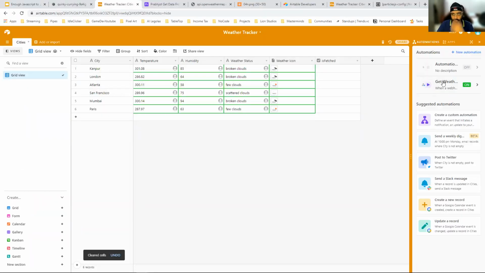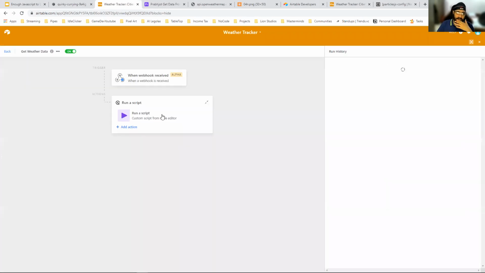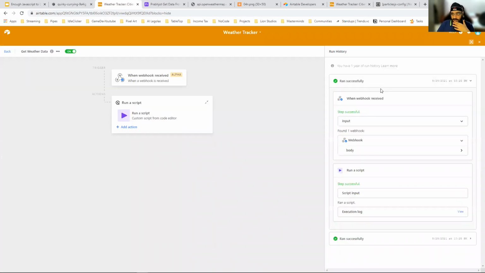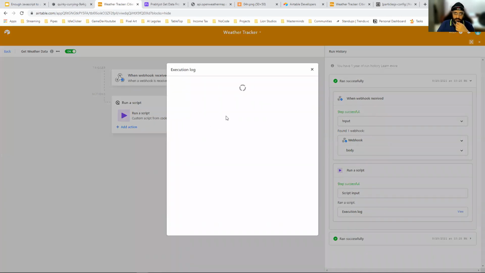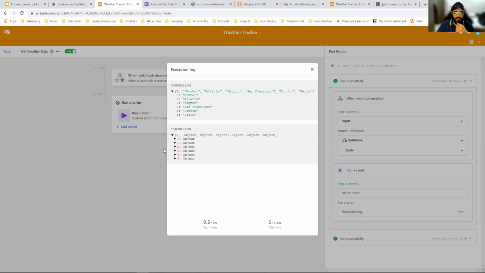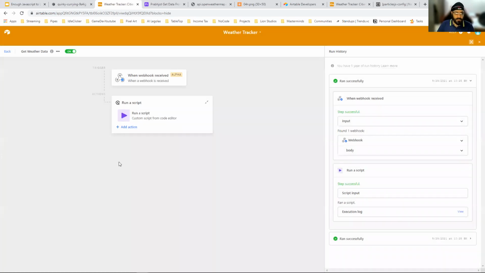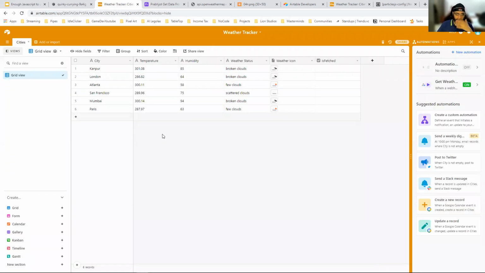Awesome. Right. So now that's an automation. And you can see the run which was done here. We didn't send any data here, but you can see the log of what happened in your automation. These are the 6 cities that it's running for, and it's getting all the data, right? So that kind of covers how you can update a record in Airtable, how you can get all the records, and we also did some real-time bug fixing and figuring out that data. I don't know if that was helpful, but it was necessary.